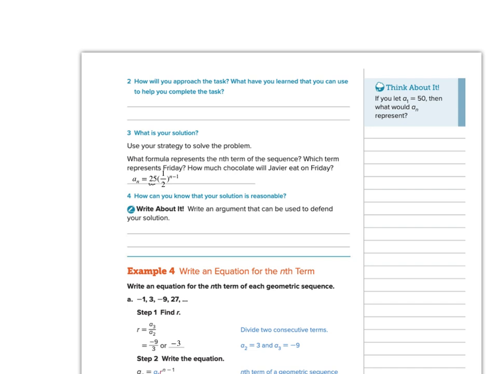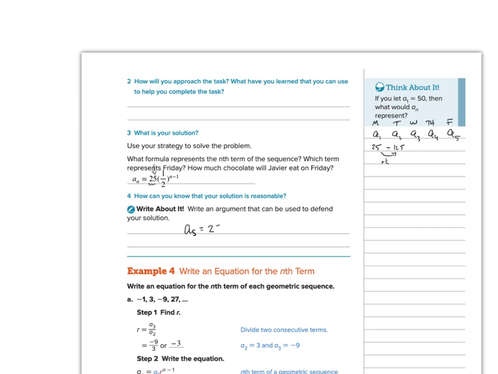Okay, so we're starting off at A1, A2, A3, A4, A5. So that would be Monday, Tuesday, Wednesday, Thursday, Friday. And then thinking about that, if A1 goes right here, that was my formula. A1 is 25. And then I'm going to multiply by 1/2, and that should be 12.5. And it's going to keep going down. But let's see, if I just went with